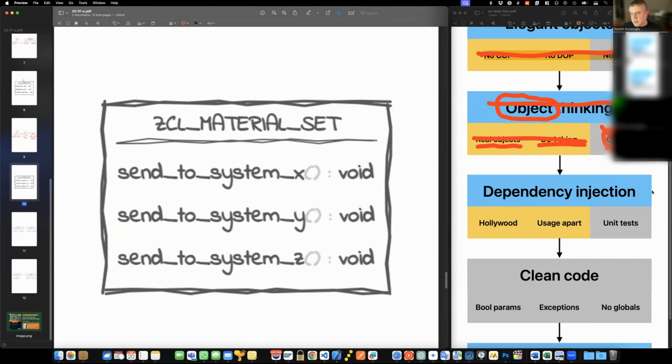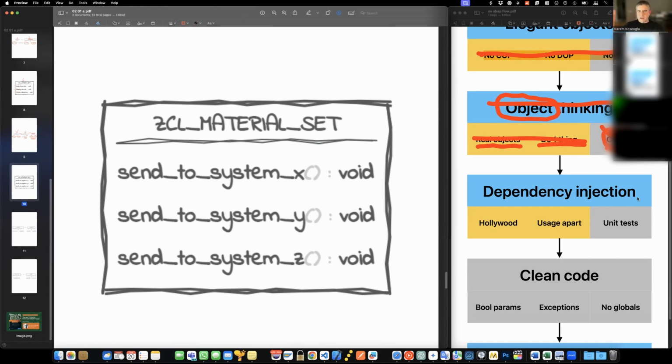Dependency injection says, now that we have seen that we always have to rely on interfaces, here's the trick. Here's the thing which is going to force you a little bit to think out of the box. This says, never ever create and use the class on the same spot.